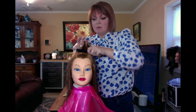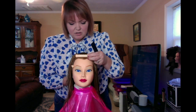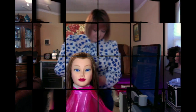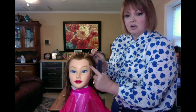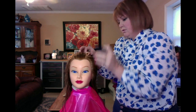Okay, so now that I've got my middle section here, I'm just going to test it all the way to the back to ensure that I'm still not as wide as my perm rod. Okay, so now here's another thing. When you're working with your mannequin on the side, there's some slight curvature in the head. So if you go straight line, it's going to be more narrow right in here. So you can actually follow